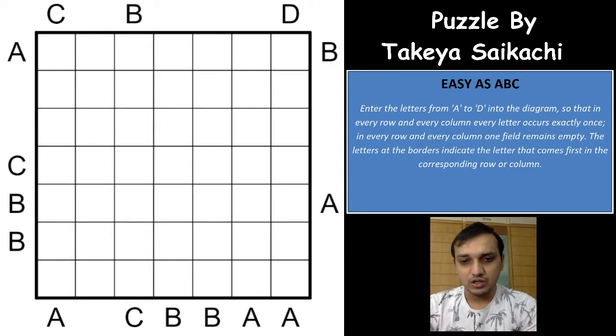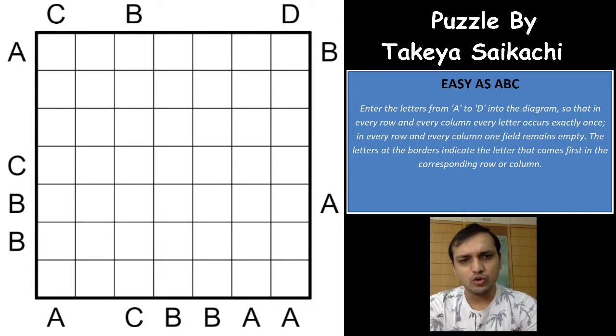Coming on to this puzzle, according to the rules, we need to place alphabets from A to D in each row and column. There are exactly 7 cells in each row. Out of the 7 cells, we have to fill 4 cells with A, B, C, D, and the other 3 cells will be crossed out, or blank. There will be no letters in the other 3 cells.